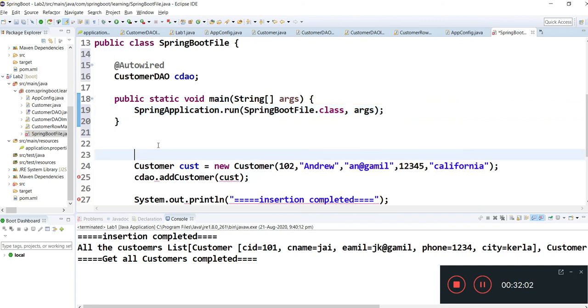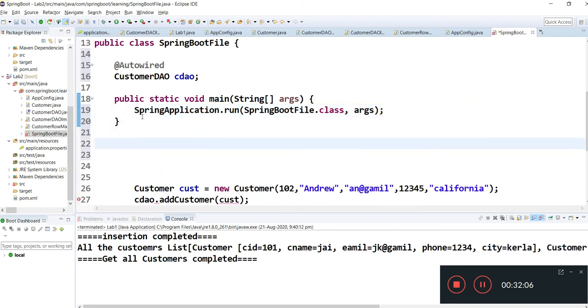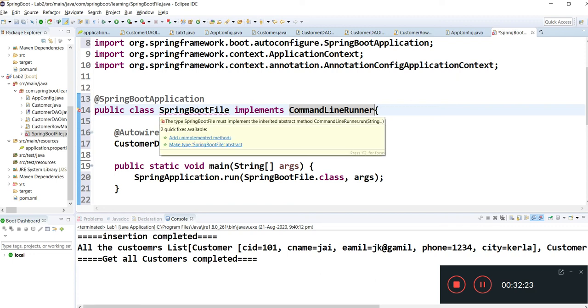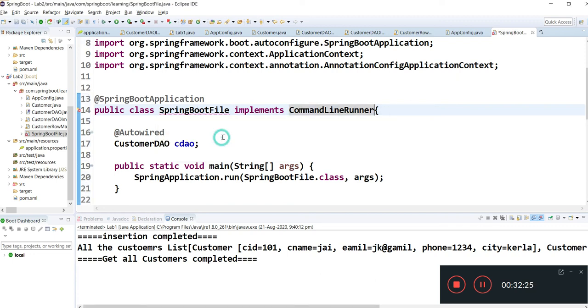And here you need to override a run method. This Spring Boot class implements CommandLineRunner.